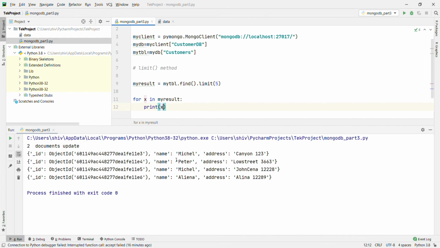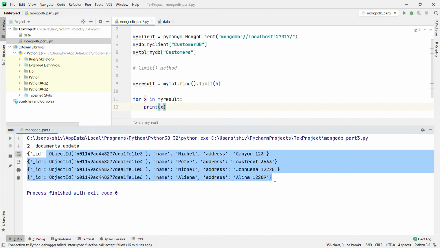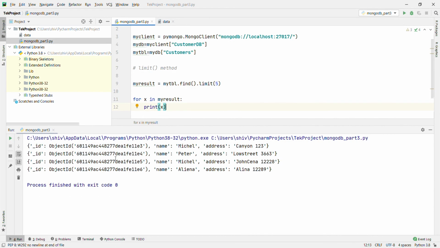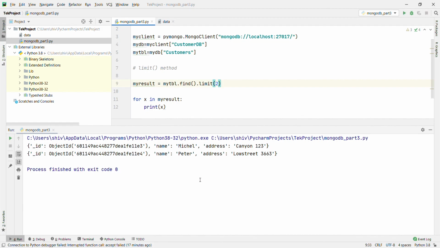It will print 4 records only, because we have only 4 records. Let's run and see. Right, we have only 4 records. Now I am going to give 2, then it will print only 2 records. Let's run and see. Right, Michael and Peter. For that we limit the data. Okay, for today that's it.